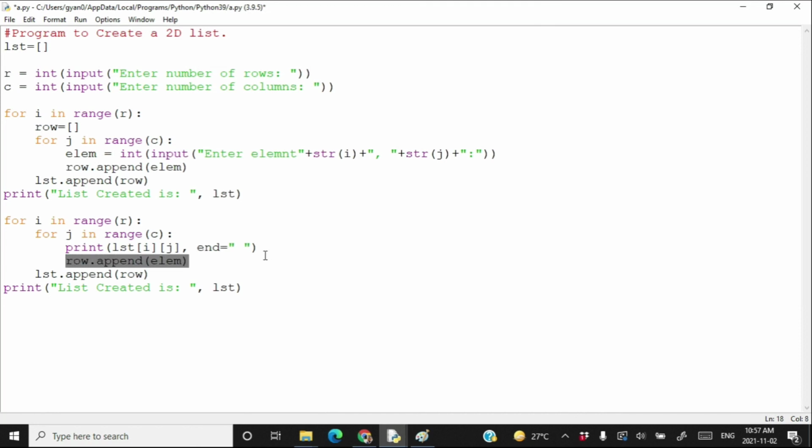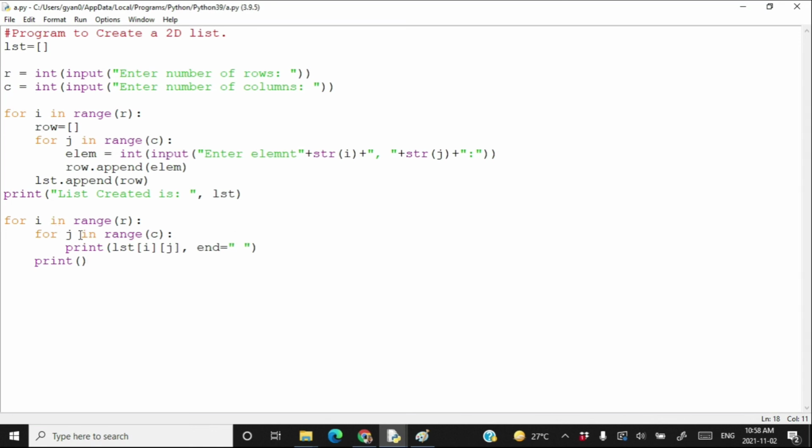When you are done printing all the values of j for a given value of i, then you just write a print statement without any argument. This print statement will leave a line. So initially the value of i is 0, j is 0, it will print lst[0][0].